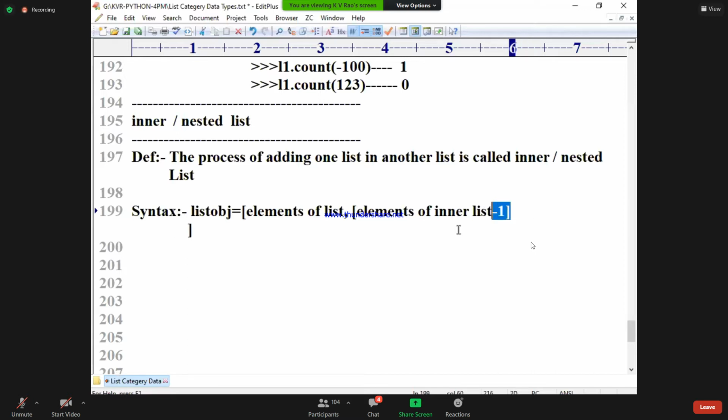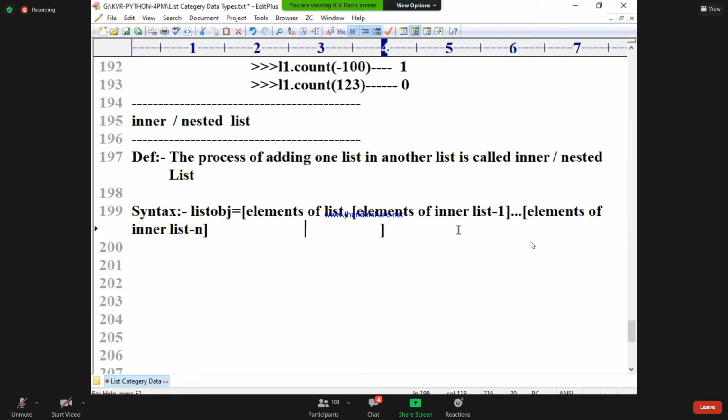I can also say elements of another inner list, dot dot dot, elements of inner list n, and end of this bracket.